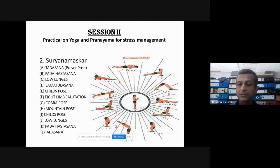Then we come down to posture number 10, where again you will be going to the lower lunges pose, where the left leg will come forward, and the right leg will be backward, and you stretch your chest forward and be there for 2 seconds, and then again you